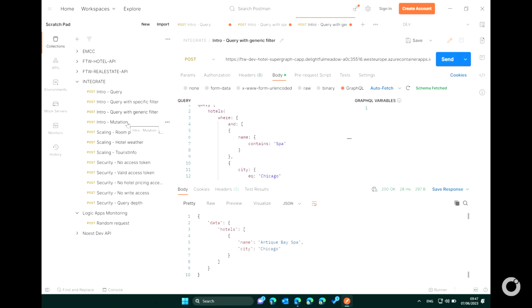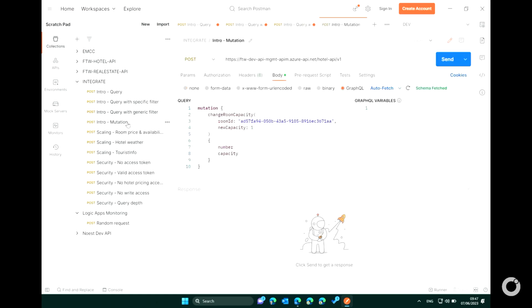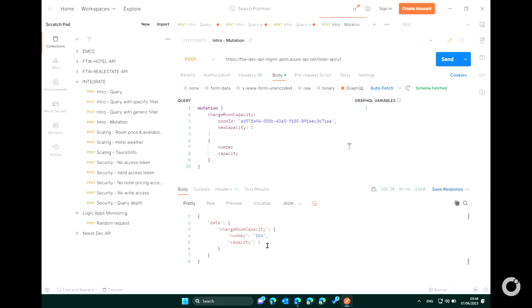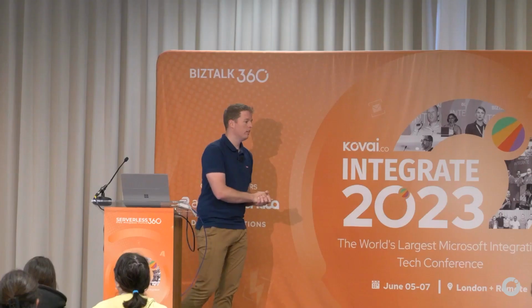And then a mutation. A mutation is there to update data or send events. So here I just change my room capacity. I provide my room ID, and I provide the new capacity. And then in the response, you can still ask data. So you can ask the number of that room, even though you didn't provide it in the input. So just select, and you see here we have the capacity just being updated. So now I did an update to my database.